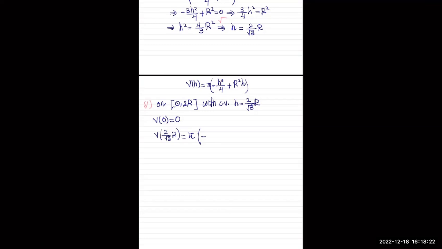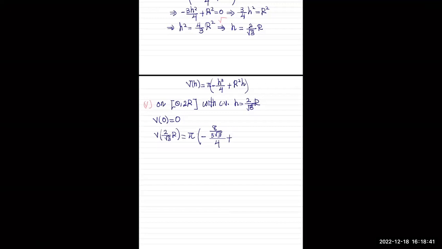That would be 8 over... When you plug root 3 into H, you cube it, you get 3 root 3. Or you could write it as root 27 if you want. All of that divided by 4